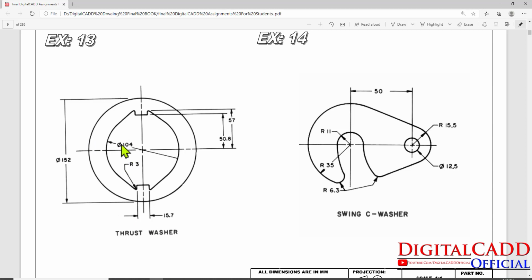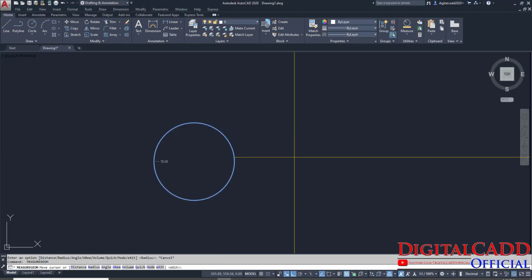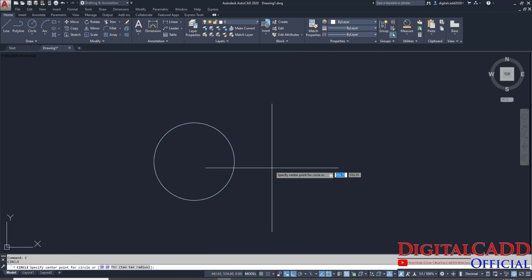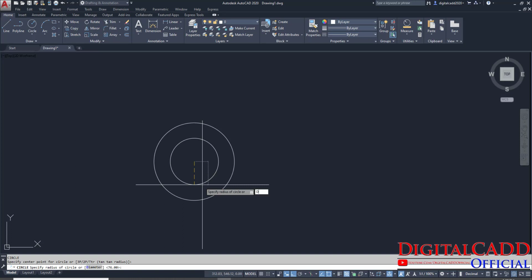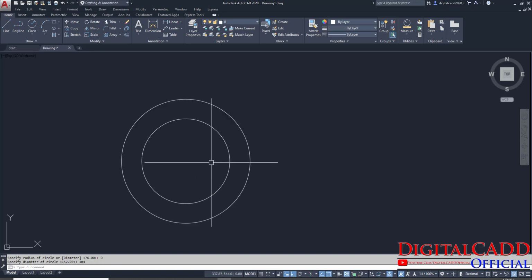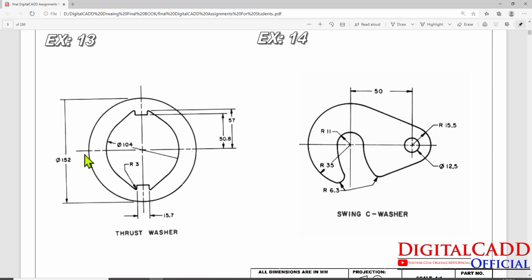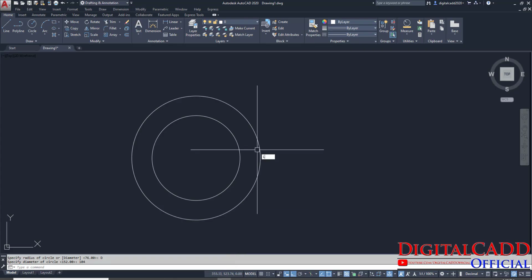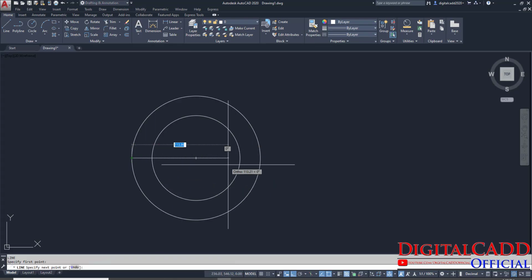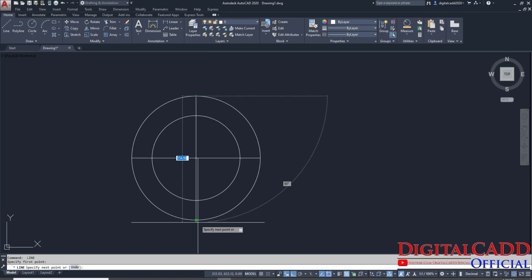Another circle we have to create, 104. Space bar, press C for circle, specify the center point, hit D for diameter and 104. We have created two circles. Now next step is to create one horizontal line and one vertical line. Press L from your keyboard, quadrant to quadrant, horizontal line, again space bar to repeat the same command, vertical,